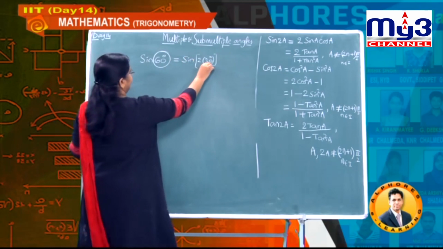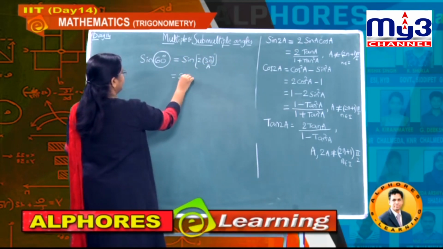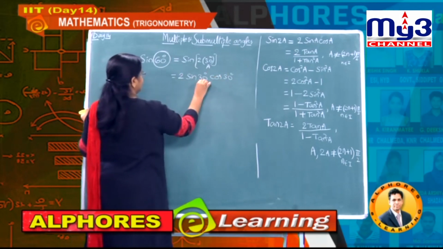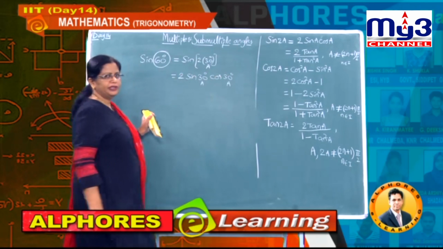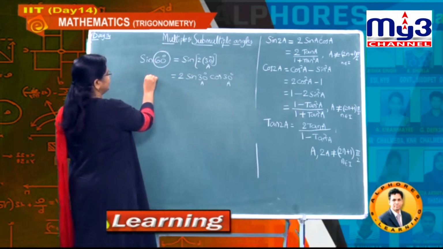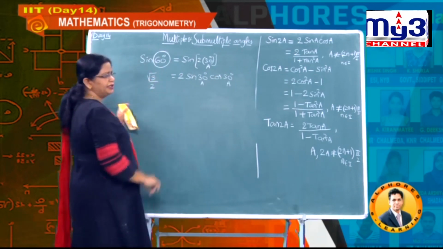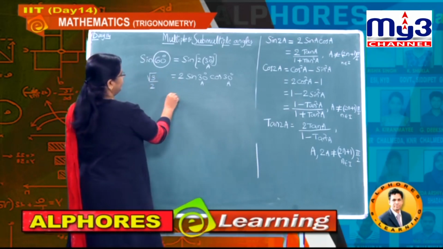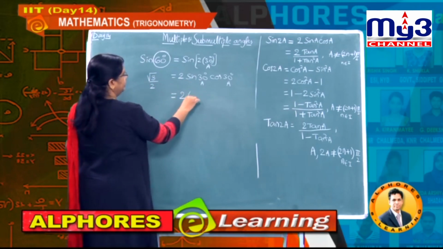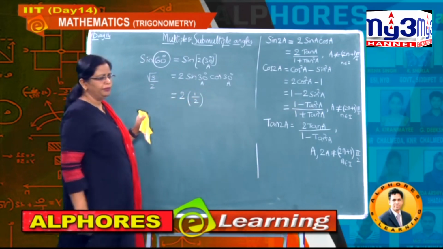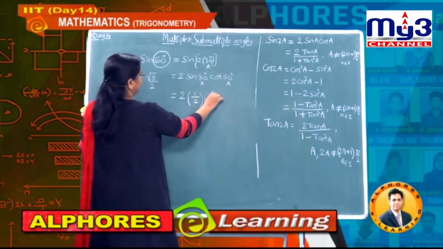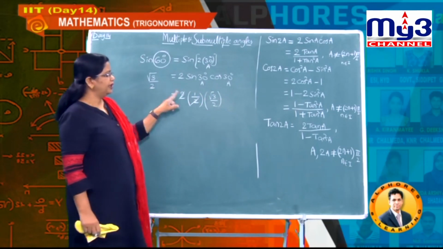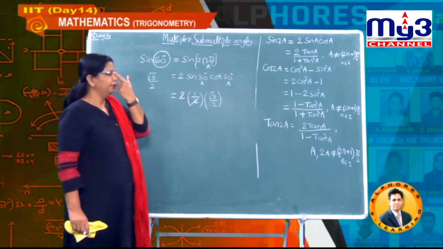Now this is your A, therefore you can write it as 2 sin 30 degrees into cos 30 degrees. This is A and this is A, understand. Now what is sin 60? Root 3 divided by 2. Understand? It has to balance, that means equality must hold good. For that purpose I am writing the values also: sin 30 means 1 by 2. What is cos 30? Root 3 by 2. Now this 2 and 2 cancel, so you get root 3 by 2 equal to root 3 by 2.